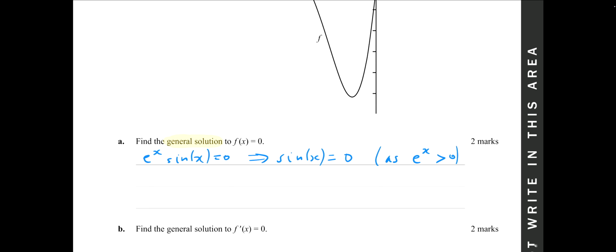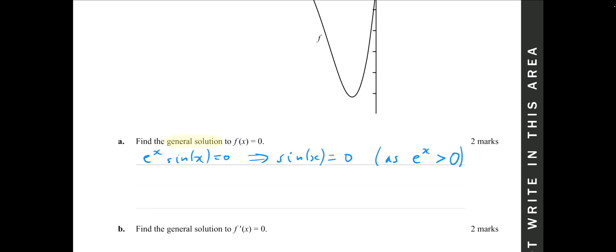If that was x instead, or x squared or something similar, then it would be impossible to divide by that, because you're not allowed to divide by 0. So as e to the x is greater than 0, there we go. Right, so we want the general solution to sine x